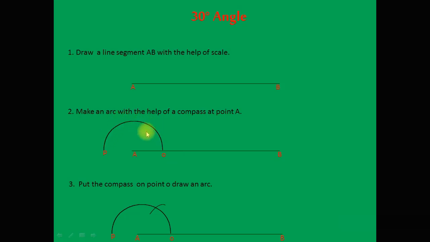Now after constructing this arc, when we draw another arc above this arc, you will get an angle of 60 degrees, if we do not change the radius of the compass. So for 30 degrees, bisect that 60 degrees, and you will easily obtain an angle of 30 degrees. And if we construct an angle of 120, then put the compass here and draw another arc of 60 degrees, and you will get an angle of 120 degrees.